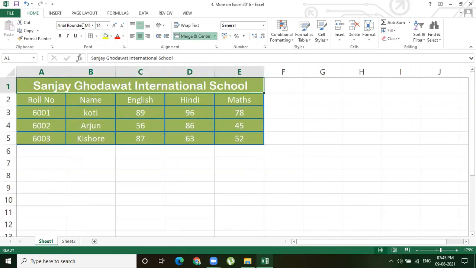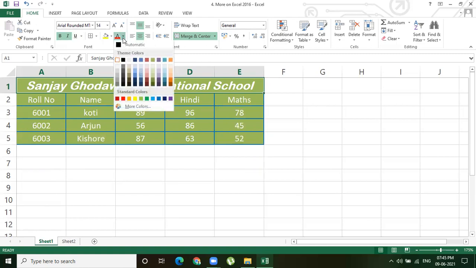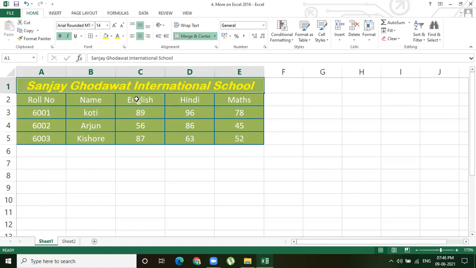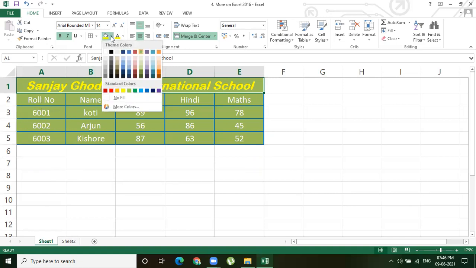So now that is about font size. These two options are shortcuts for increasing font and decreasing font. And this is about bold, making the text bold, and italic, slanting, underline. If you want to apply underline, you can apply underline. Okay. And here you can see there is a font color. You all know these options. So if you want to change the font color, you can change it, right? And if you want to apply a background shade, you can apply a background shade with background color also. You can change it if you want, right?